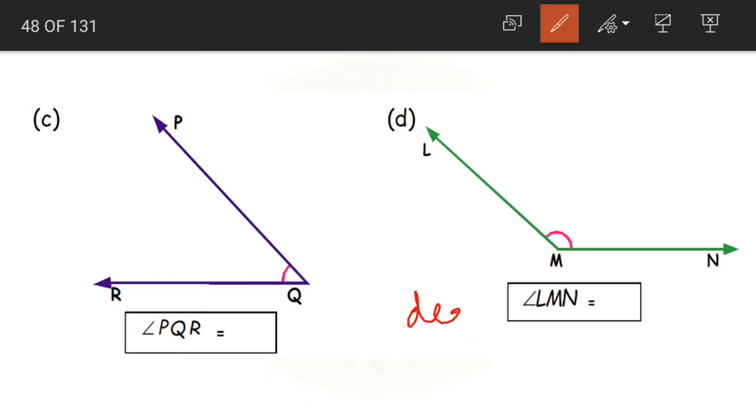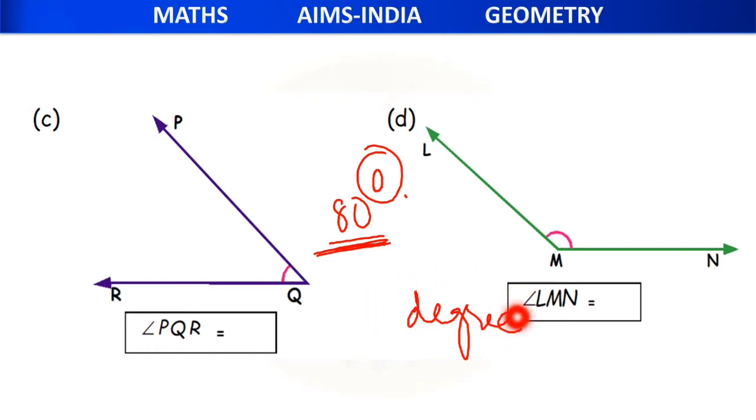And again, how do we write the angle measure children? We use the degree as a unit of measurement. Suppose the angle is 80 degrees. So how will we write it? We'll write the number 80 and then we'll place this symbol here. So this is read as 80 degrees. Degree is the unit of measurement for our angles.